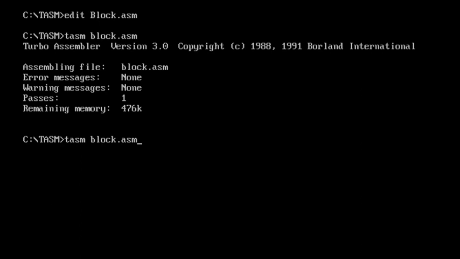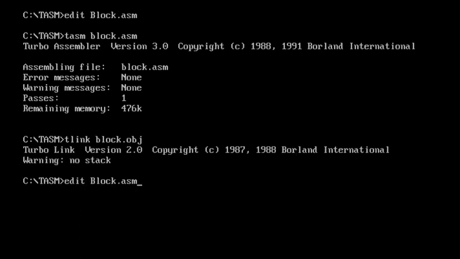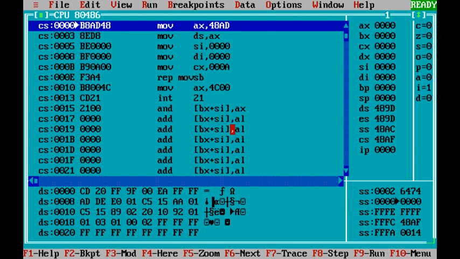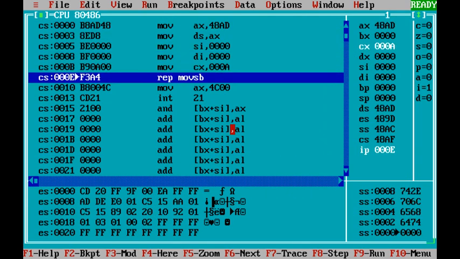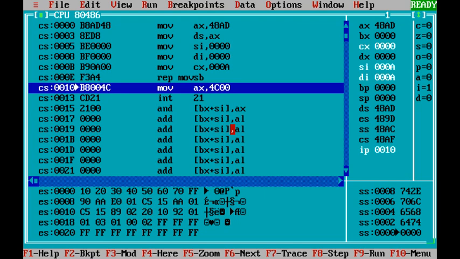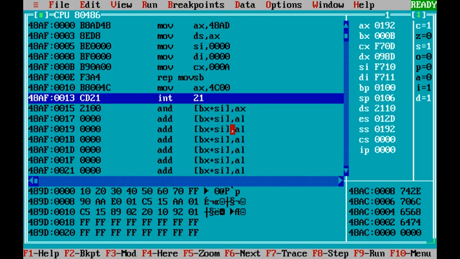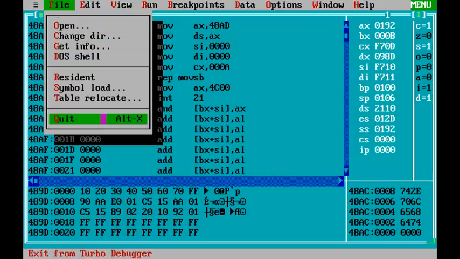We can use the up and down arrow keys to repeat the previous commands. 10 transferred, 20, 30, 40, 50, 60, up to 90, and AA. Yes, here we are completed. Counter becomes 0. The complete operation has taken place, and the code terminates. Again, there are multiple variations for block transfer available, which we will see in the next video.